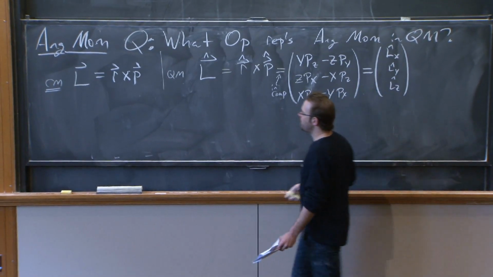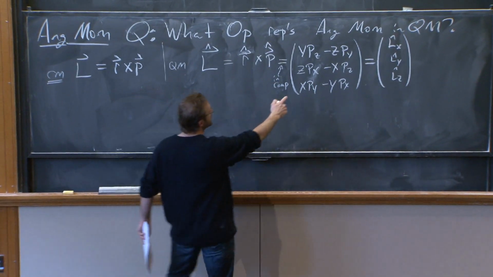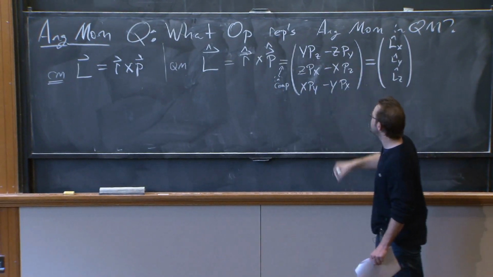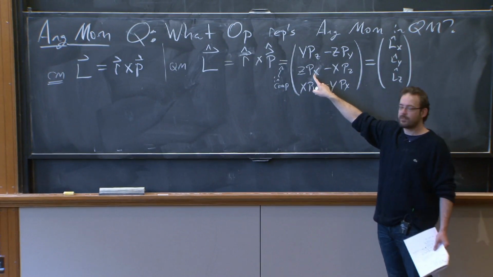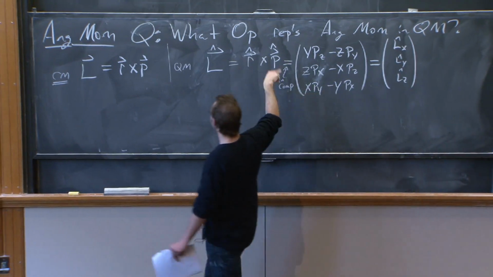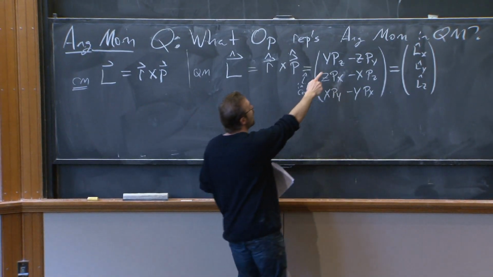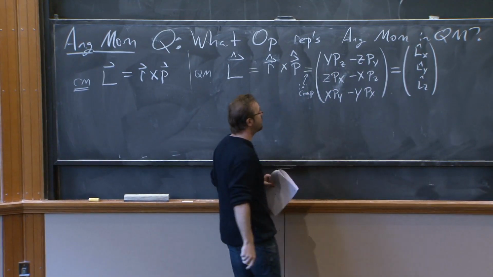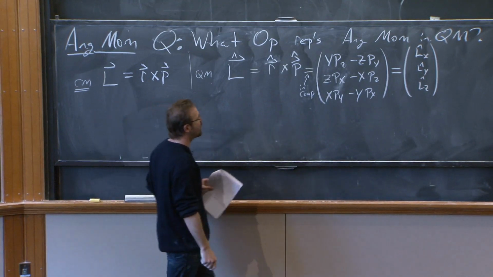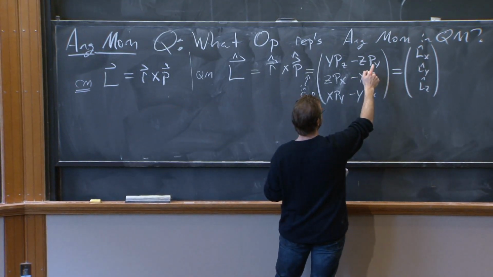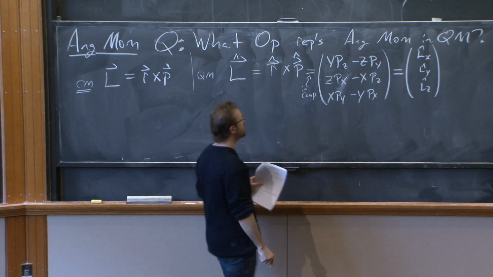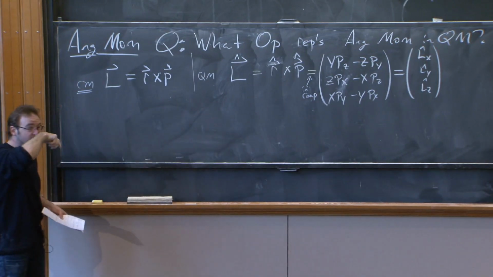Okay. And just for fun, I want to write this out. Because we know that px, py, and pz can be expressed in terms of derivatives or differential operators, we can write the same operator in Cartesian coordinates in the following way. So clearly, we could write this as y d/dx h bar over i, and z h bar over i d/dy. So we could write that in Cartesian coordinates as a differential operator.